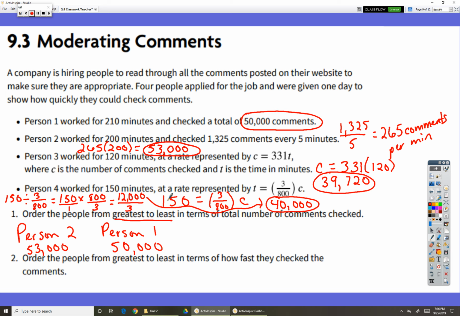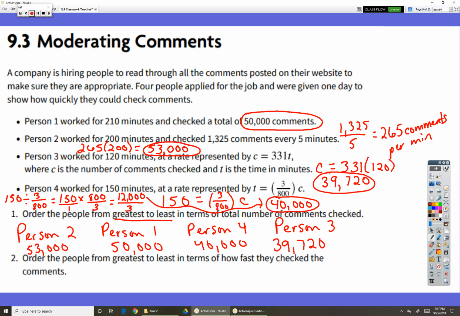And then we have person 4 with 40,000 comments. And then we have person 3 with 39,720 comments. The next ordering asks us to order the people from greatest to least in terms of how fast